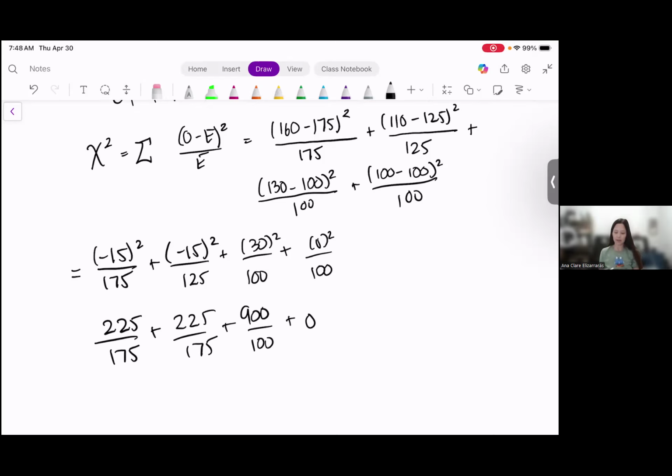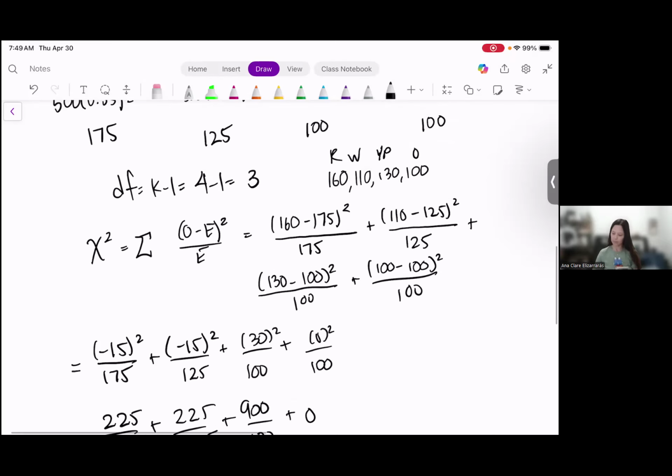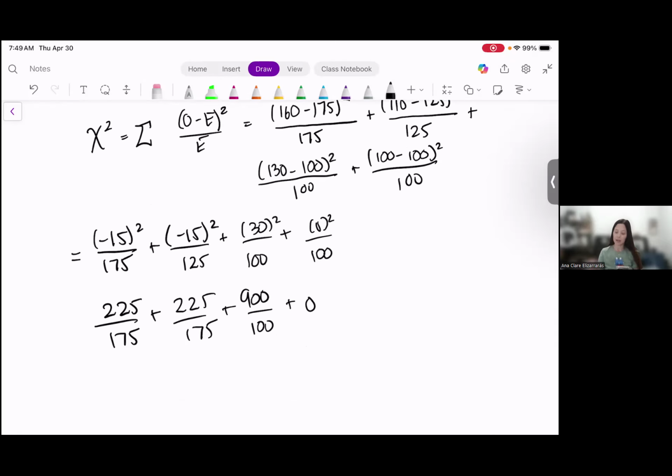And so in this case, I could find a common denominator, or I could just go ahead and add them together. So 225 divided by 175 plus 225 divided by 125 plus 900 divided by 100 is